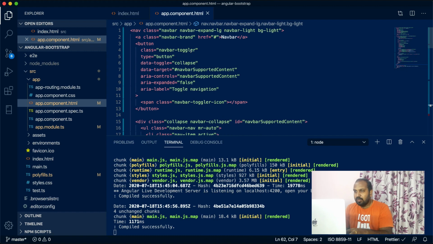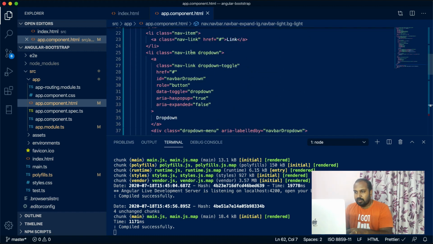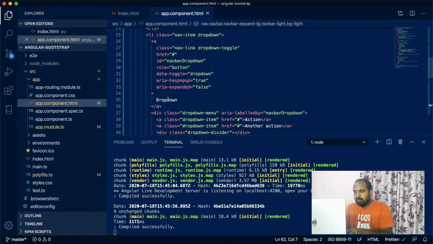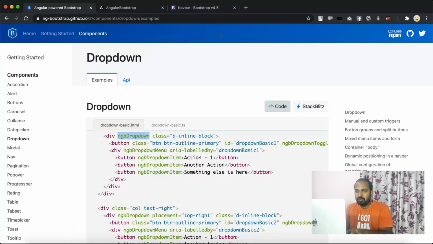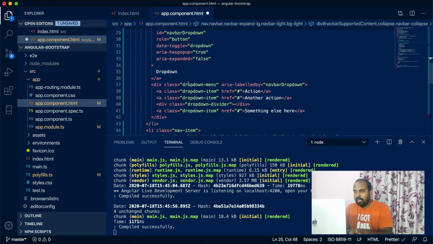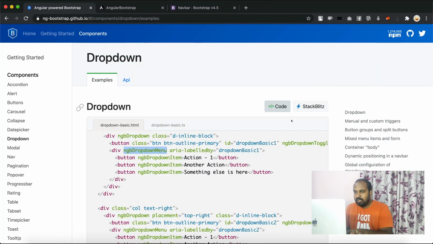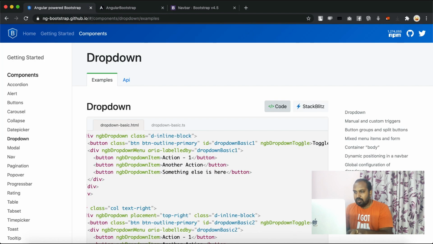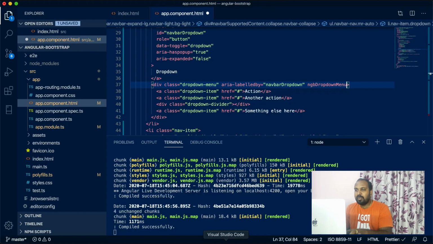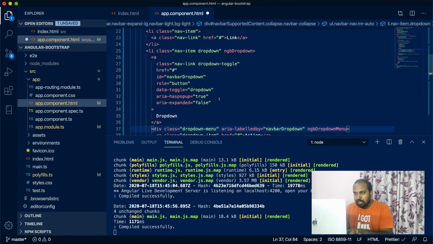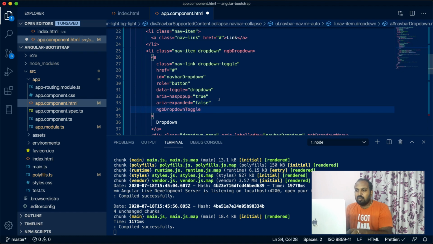Let me go to the dropdown section in the code. This is the dropdown, so I have to mark it as ngbDropdown, this directive. Then this is the menu, so I have to make it ngbDropdownMenu. Then ngbDropdownToggle marks which component, when clicked, should expand.